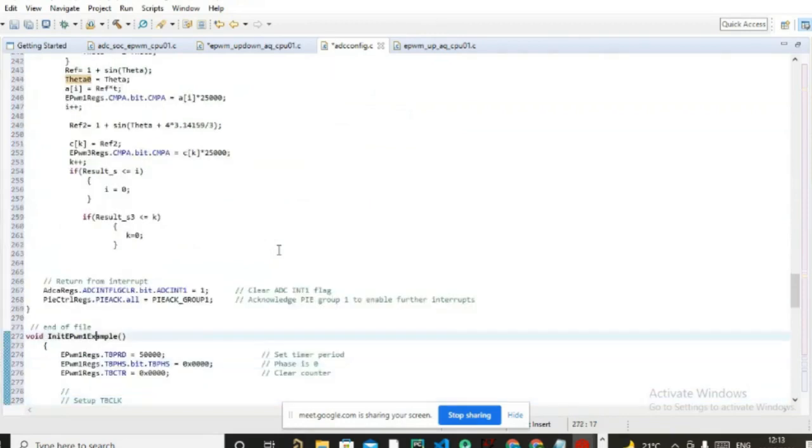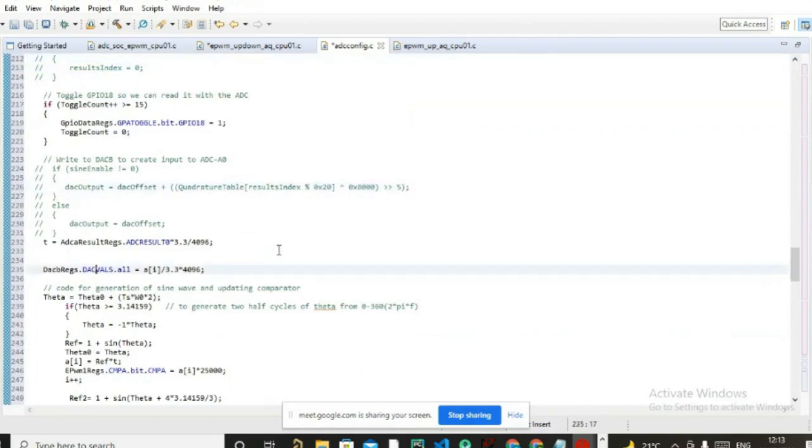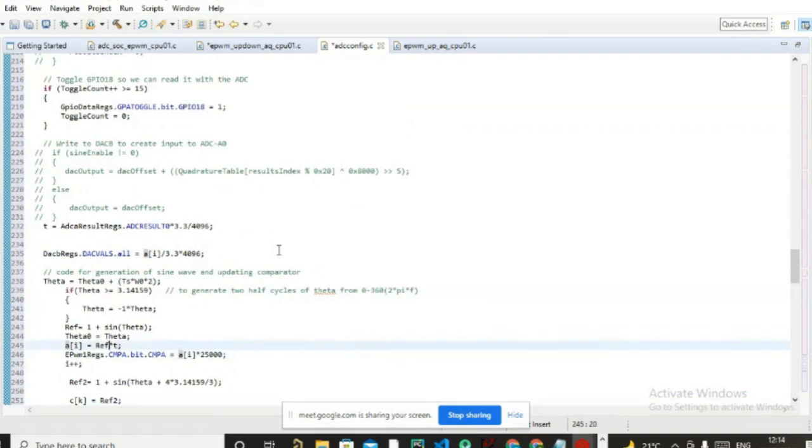So into the DAC, I have stored that particular value. From here you can see the DAC values register. This is the output of the DAC. I have written here DAC B, so I'm selecting DAC B for configuration. And in this one I'm putting AI times 4096 divided by 3.3. So this will give me the digital data for the DAC. Whatever analog data is stored into this AI, because T is an analog signal,